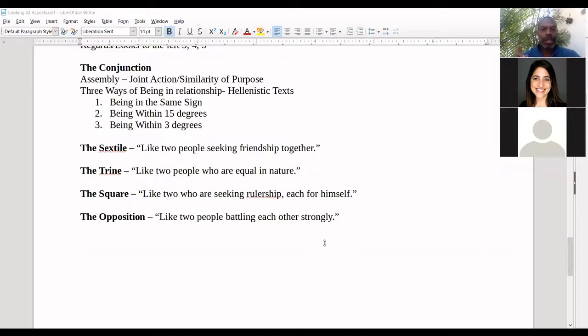Under assembly, can you explain the difference between 2 and 3 being within 15 degrees? Fifteen degrees was believed to be when planets are starting to come into influence with each other, and within 3 degrees is when it's closing towards an exact aspect. When we call it exact aspect, we call it partile aspect, and so within 3 degrees is getting very, very close to partile. It's at its most active point. Now, this is what the Hellenistic astrologers believe. This is not necessarily what I work with and will teach, but I just wanted to show there are all of these very specific delineations.